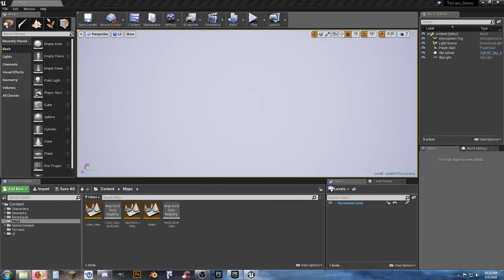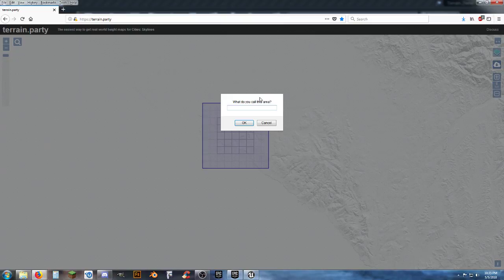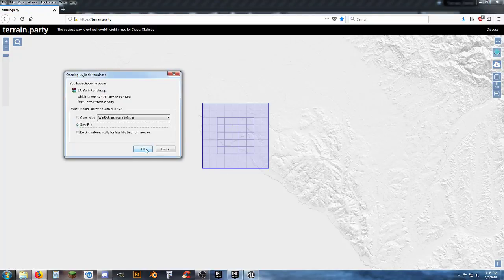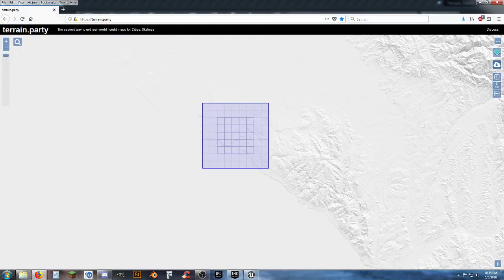And then we'll come back into here. Now that we're in our shaded relief, let's go ahead and download it one more time. Hit the cloud, LA Basin, sounds good. Click on that, wait for a couple seconds. Okay, and go back to our folder, right click, extract,